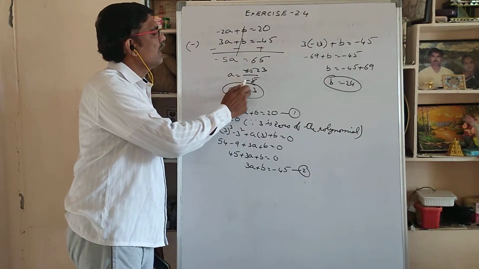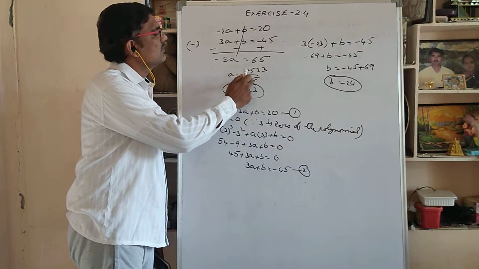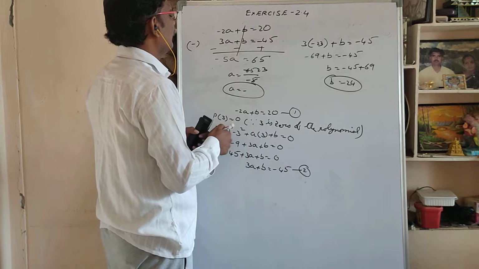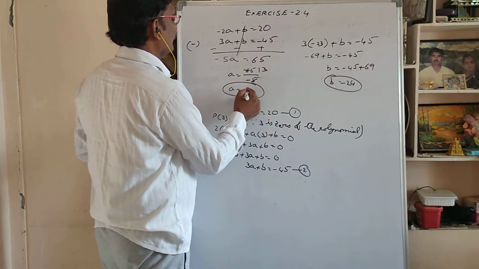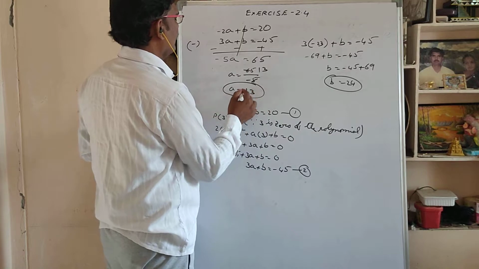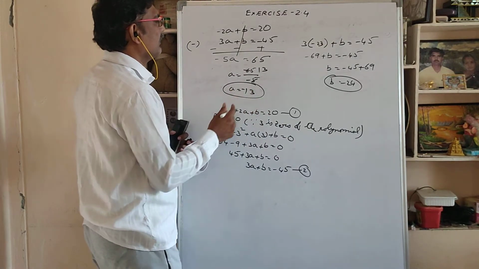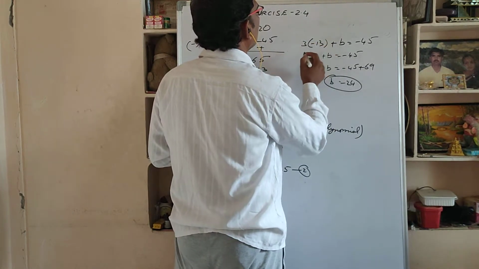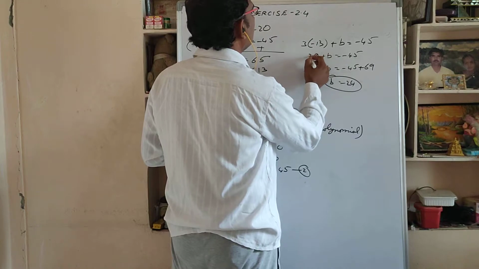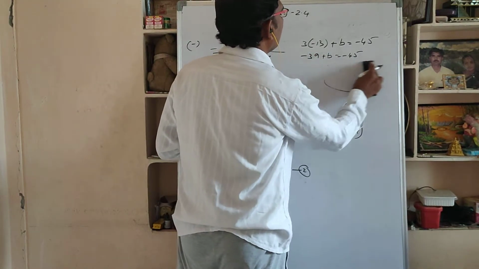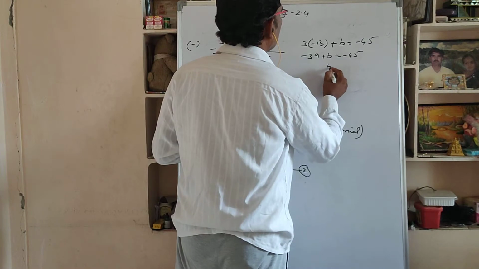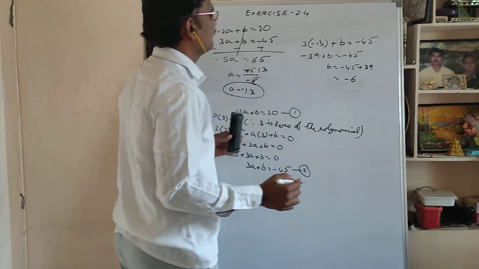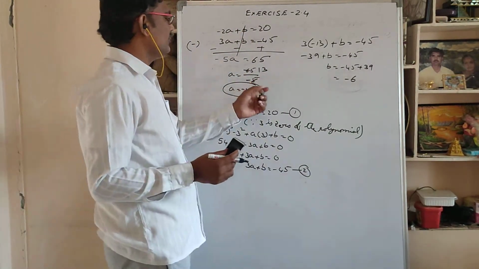Here minus 23. So 5 2s are not 23, 1s are 5 13s are. Okay, it is minus 13 a value and substitute here minus 13 value here. 3 3s are 9, 3 1s are 3, minus 39 will come. Minus 39, take to this side. So getting minus 6. So this AB values you got it.